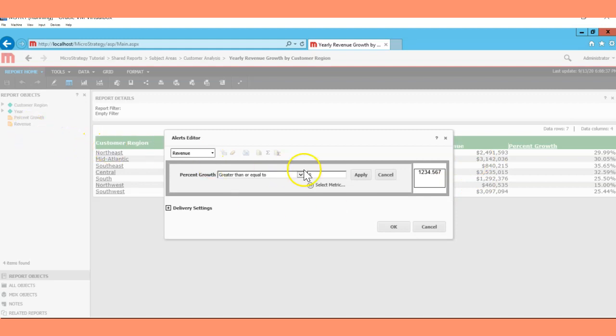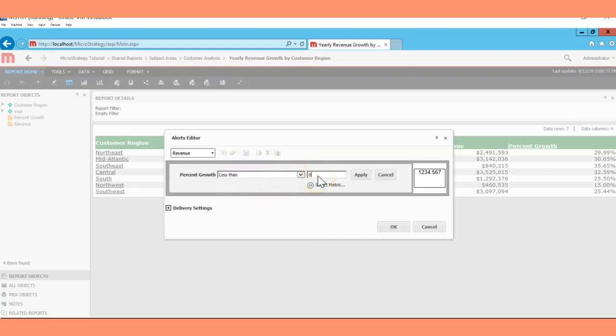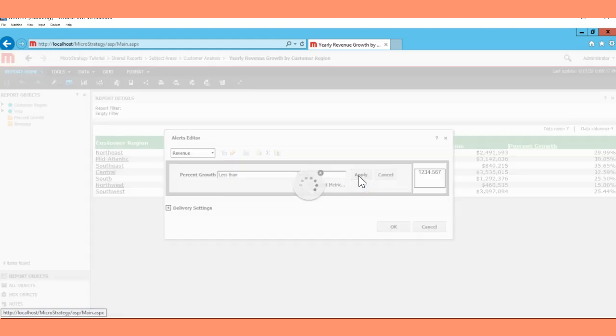If there is any particular percent of growth in your data, then trigger the subscription. So this is greater than, you have the percent growth, how many percent. We are going to change this to less than, because we need some testing here, so I'm just going to use 0.1% here, and then click on apply.